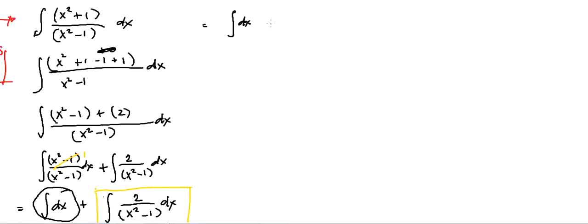So we have dx, then plus the integral of 2 over x squared minus 1 dx. Okay, for this part, the integral of dx is just x, but for this part, we need a separate solution. So we can now use partial fractions, wherein